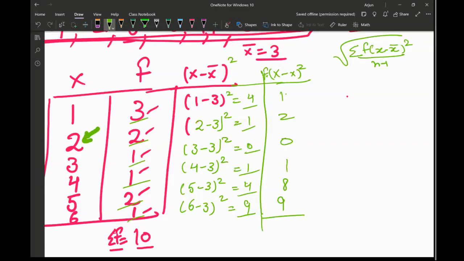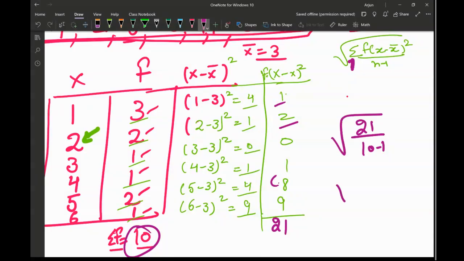Now I will add up all these numbers. Why? Because there is a sum here. So 8 plus 9 is 17. 17 plus 1, 18, plus 2, 20, 21. This will become 21. Now 21 divided by n minus 1. How many data points are there? Total is 10 data points. So 10 minus 1, and then the square root of that. So the square root of 21 upon 9. So 21 divided by 9 comes out to be